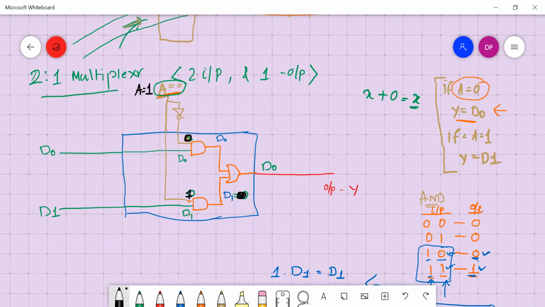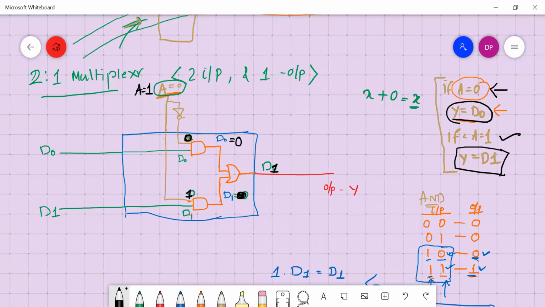So 0 AND with D0 results in 0. Now 0 OR with D1, the answer will be D1. So A acts as a selection line. If A is equal to 0, we get Y is equal to D0. If A is equal to 1, we get Y is equal to D1.